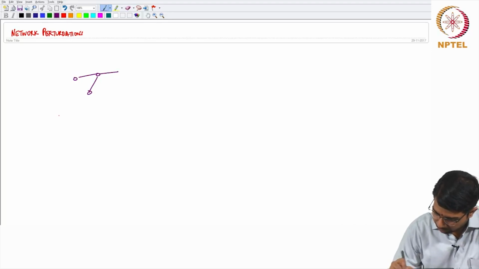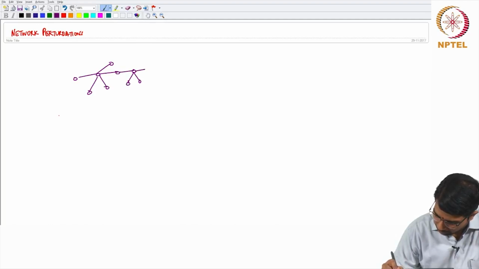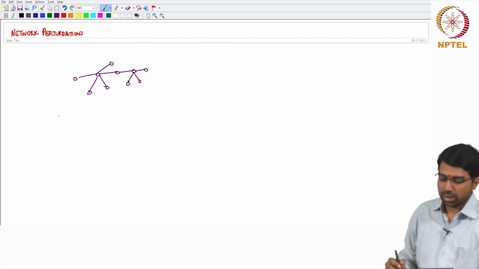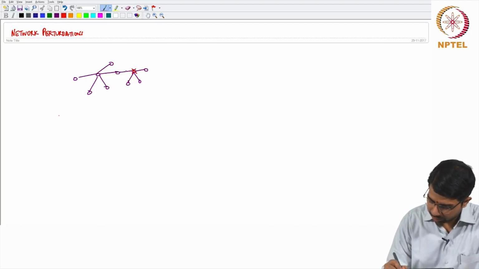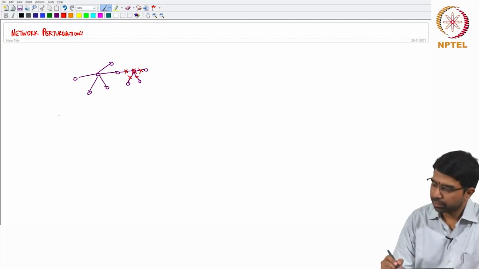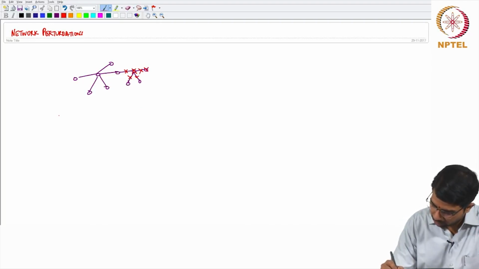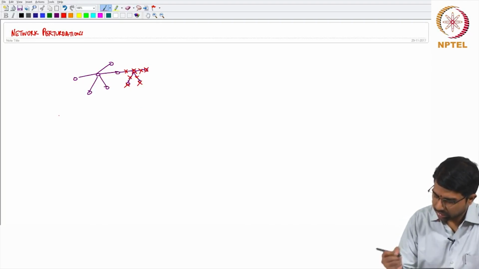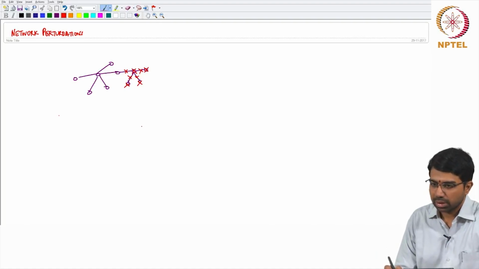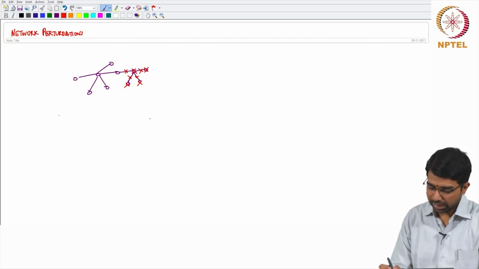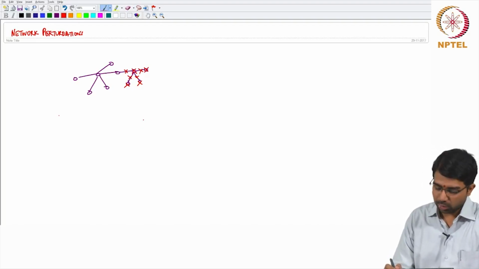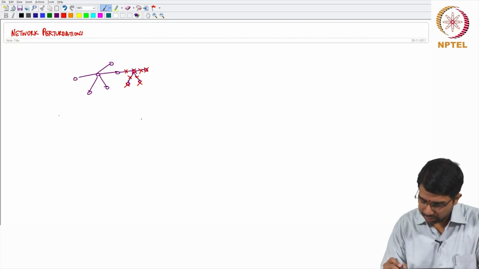So, you have a network that looks like this, right. Obviously when you perturb the network, let us say you remove this node, you essentially remove all of these. So, these nodes will also go out, because they do not have any other connections, right. But what happens when you duplicate something, when you duplicate an edge, or duplicate a node? So, let us say you duplicate this node,